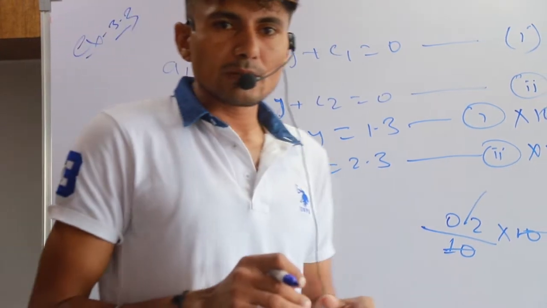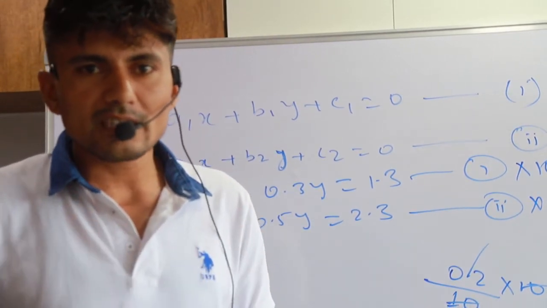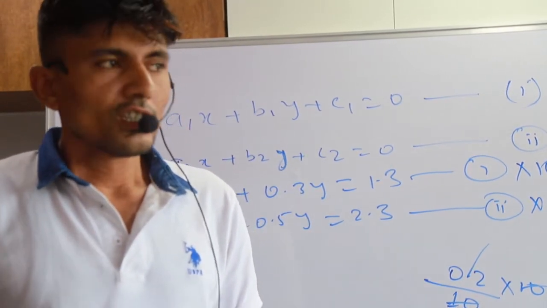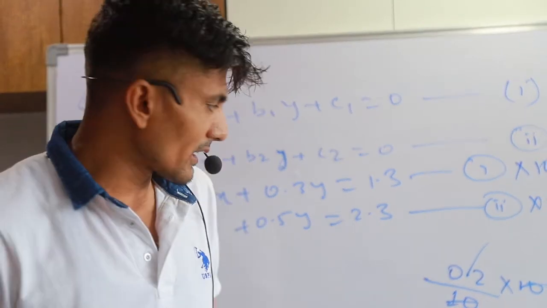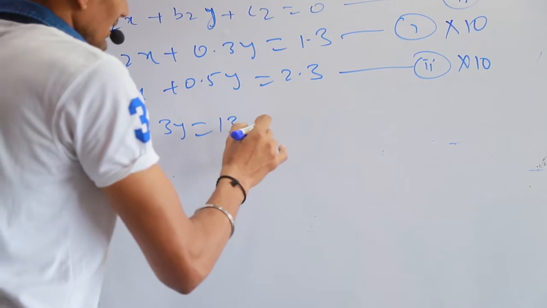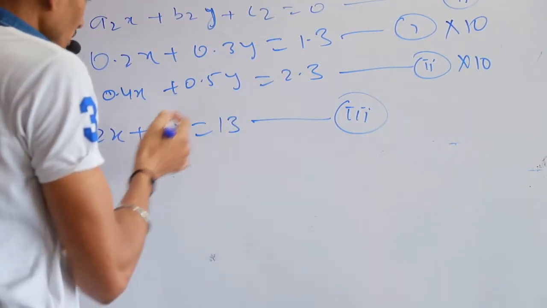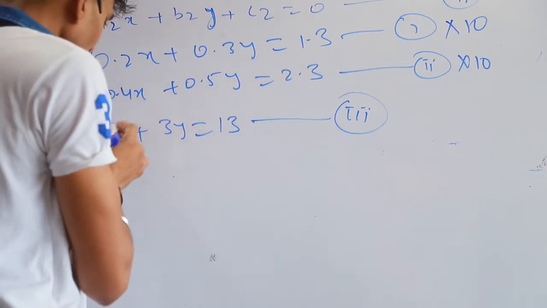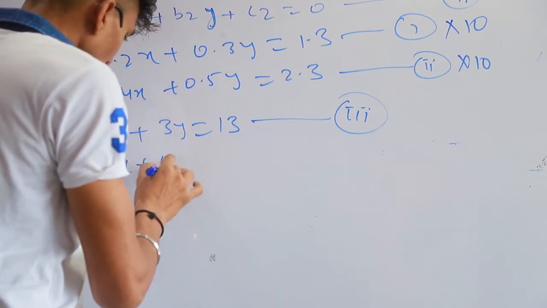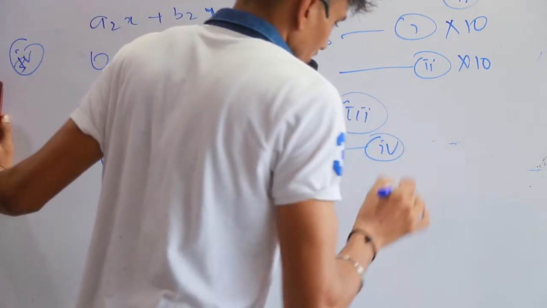अगर बेटा आप सेम नंबर को किसी भी सेम नंबर से किसी भी इक्वेशन को मल्टीप्लाई करते हो, डिवाइड करते हो, घटाते हो, जोड़ते हो, तो उसमें इक्वेशन में कोई अंतर नहीं पड़ेगा. तो ऐसा इक्वेशन हमारा क्या हो जाएगा? दैट मींस वी विल गेट द इक्वेशन लाइक दैट 2x plus 3y equal to 13. That's the equation number 3. And the second equation will be like that. If you multiply with the 10, that means 4x plus 5y equal to 23. That is equation number 4.